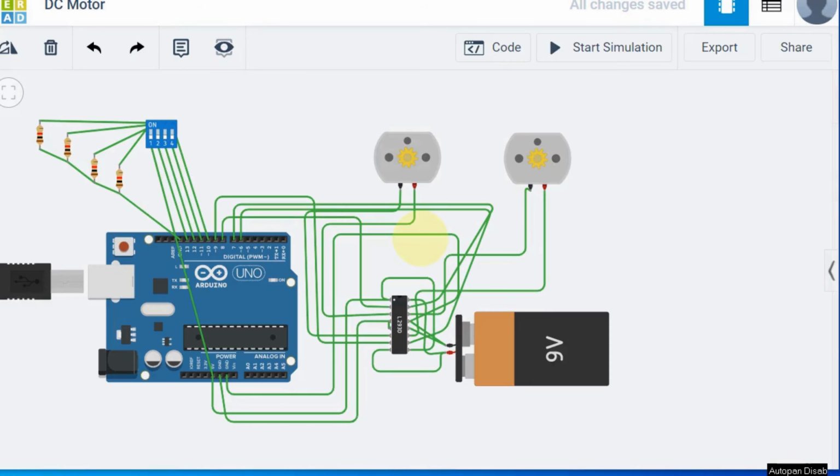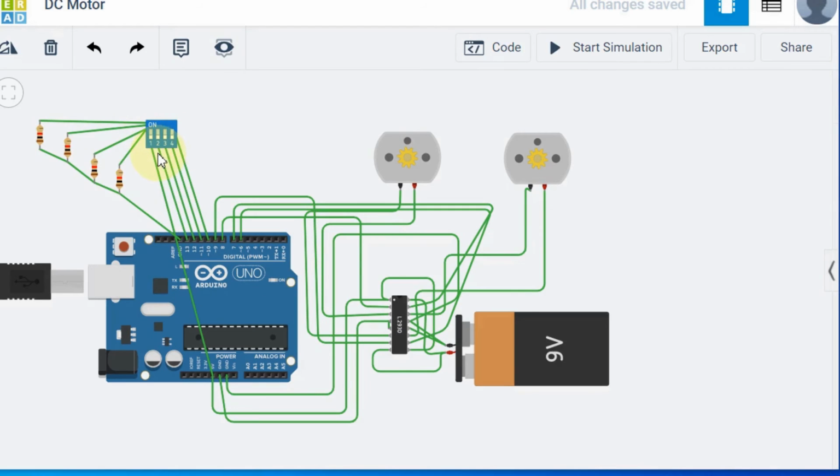Most robotic vehicles will be controlled using a joystick or any computer system. So all these joysticks or any input system will be a digital input. Suppose you want to control 2 motors as a vehicle, then you need to control forward, reverse, as well as left and right control. So at least we need 4 inputs to control 2 DC motors. So here also we have taken a 4 input switch.